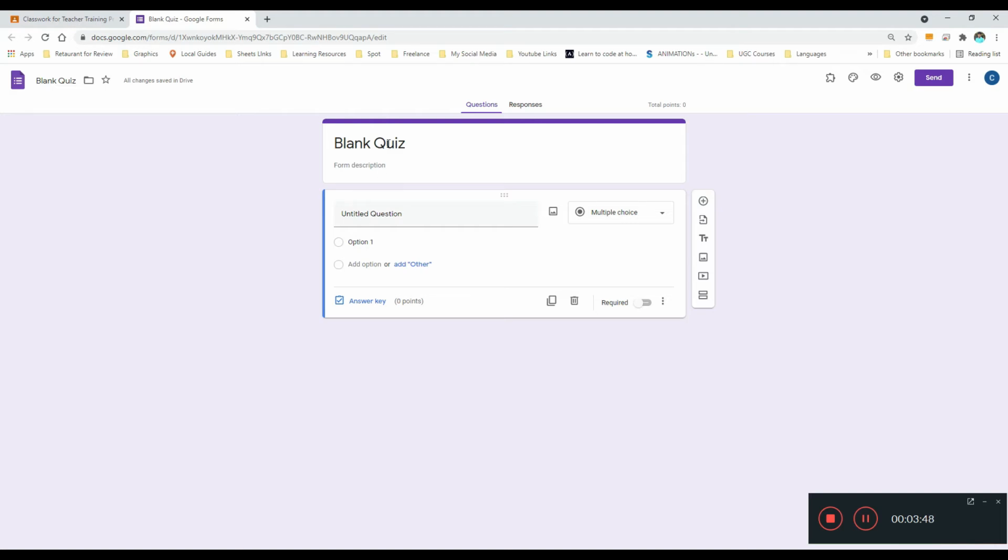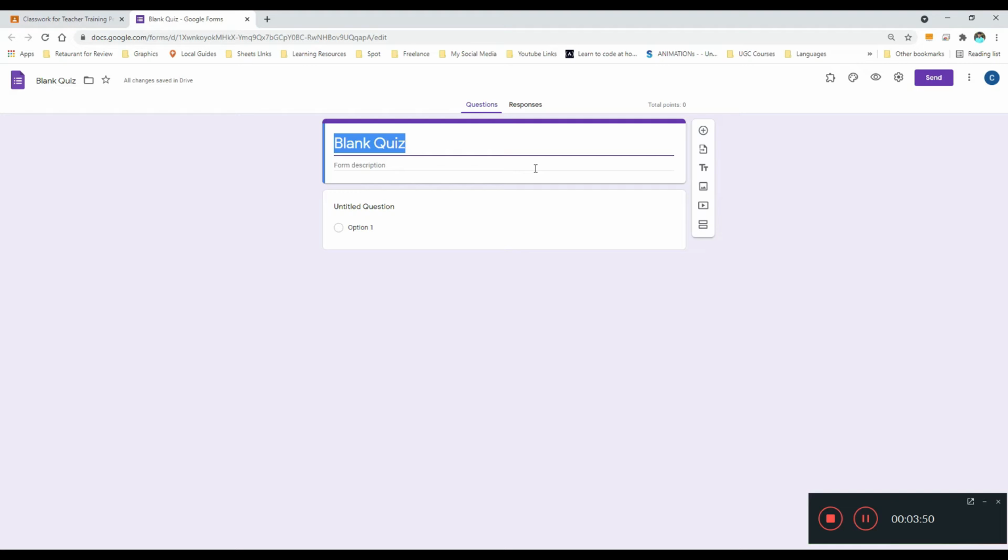If you click on that form, it will open and the blank quiz will be written there. First is the heading. I am going to change it to GS test. Okay, that will be the GS test. Even if I want to give a description of that form, like test on India or test on world history, or whatever you want to test, you can write it in the description. That is so simple.